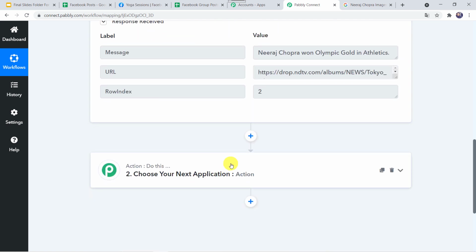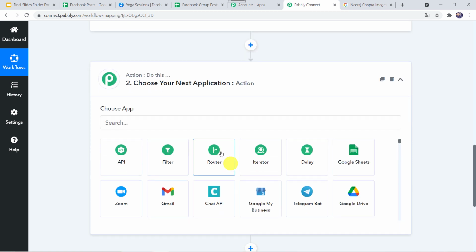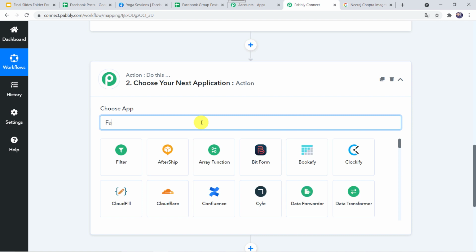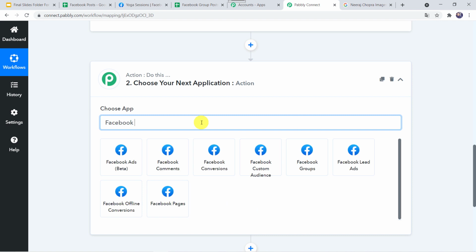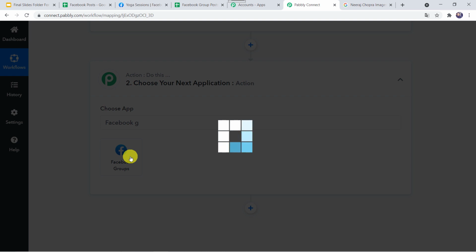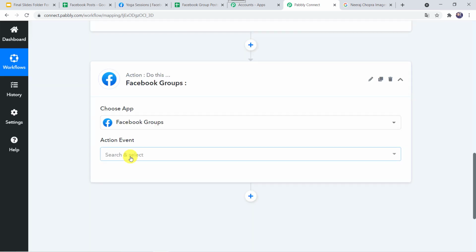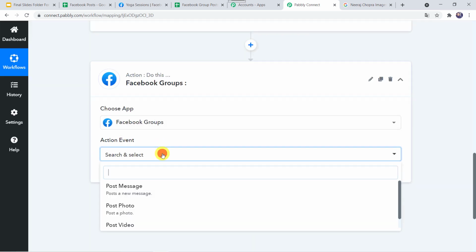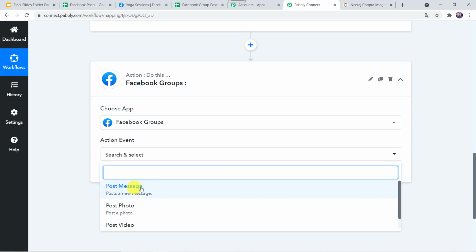In the next step, we want the data to be forwarded to our Facebook groups. So let us select the application name as Facebook Groups. In the action event, we have to create a message, or we have to post a photo or a video. You can select as per your requirement.